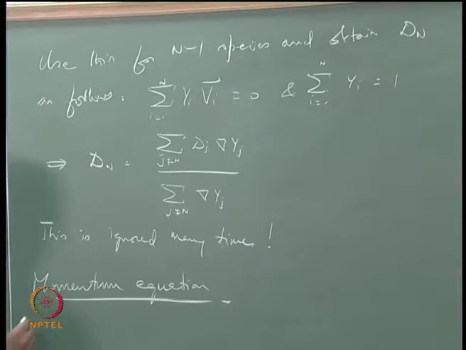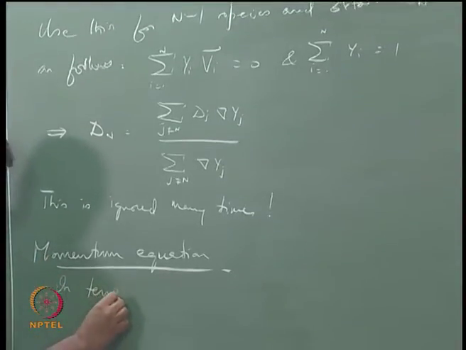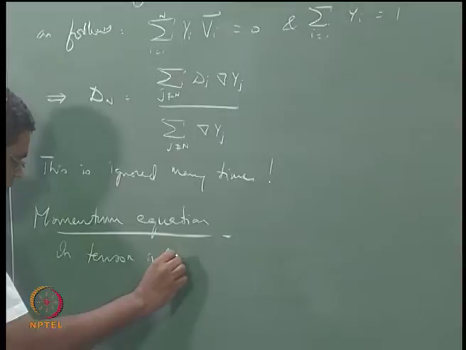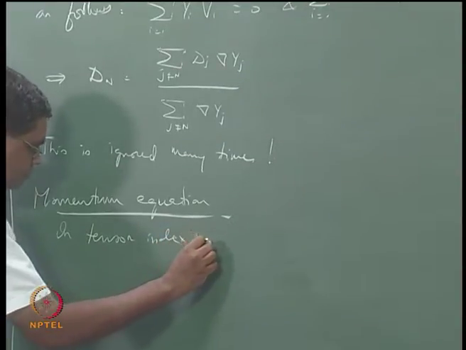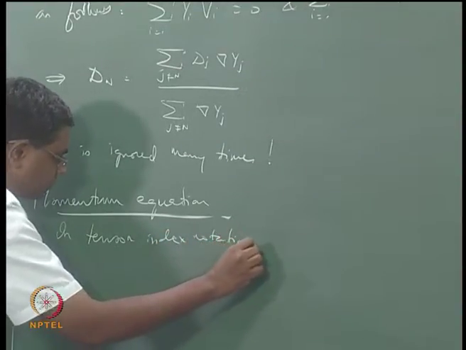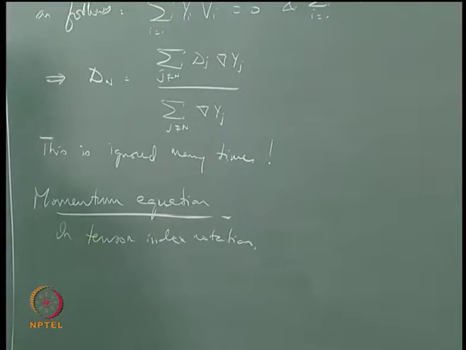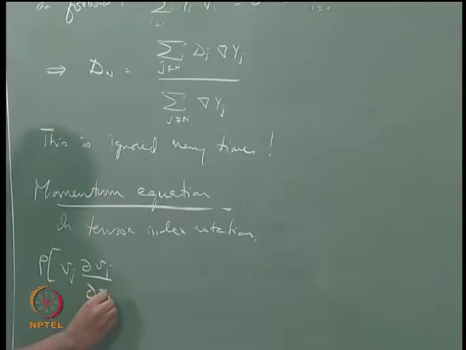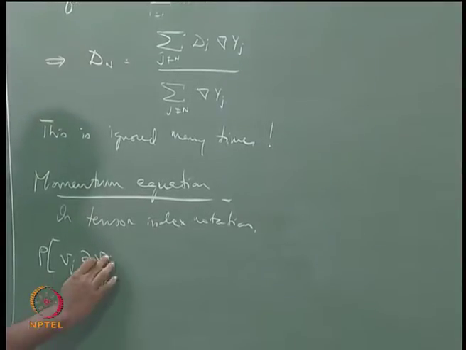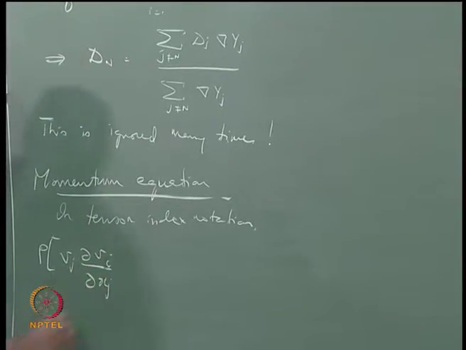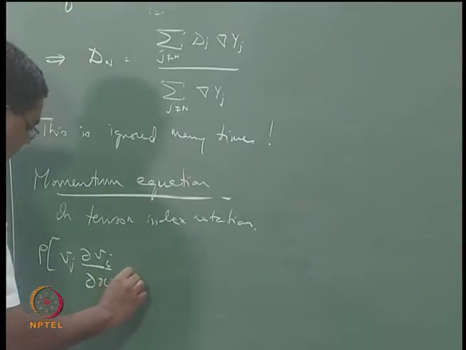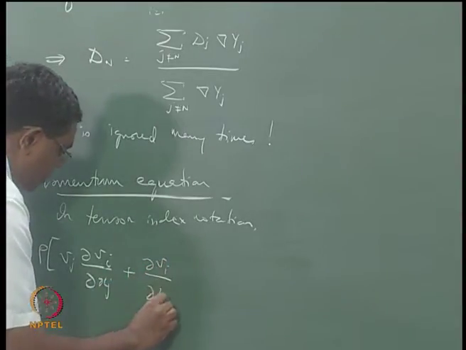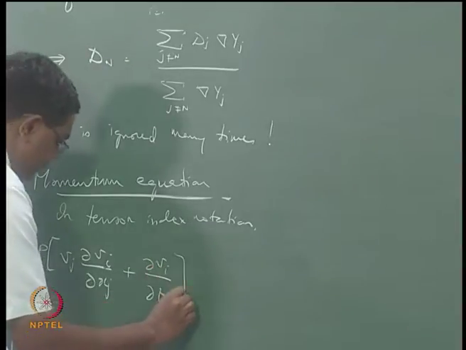In tensor index notation: rho times (Vj ∂Vi/∂Xj + ∂Vi/∂t) is equal to